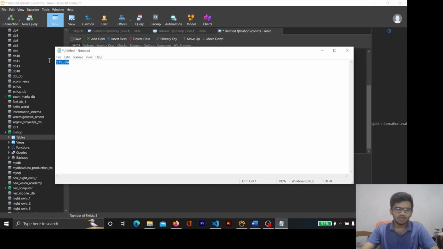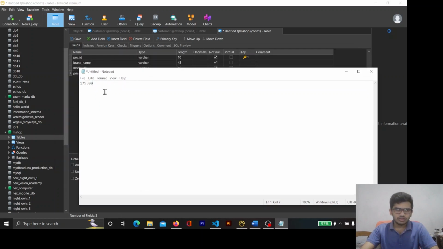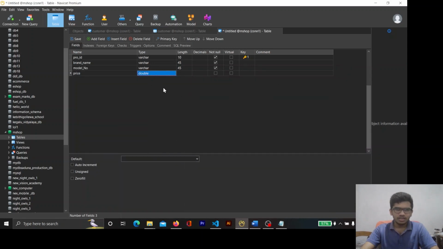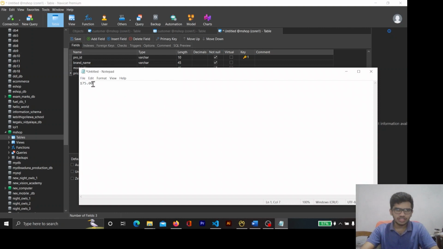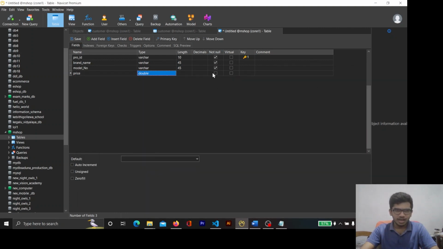This is what you call the float value. Any number input after the decimal point is called a float value. So yeah, the double stores up to 2 decimal points. So keep that in mind and select this as not null,